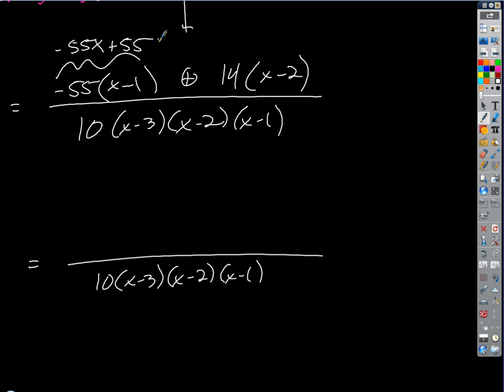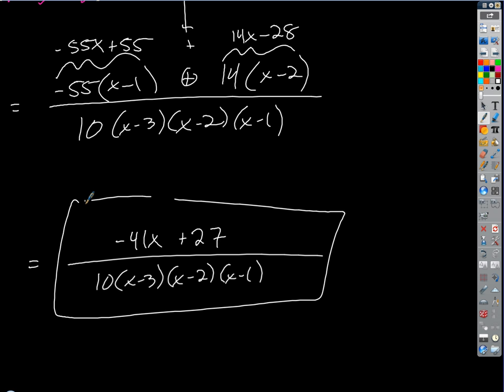If I distribute the 14, and then negative 28. So I just have to add up like terms. So negative 55x plus 14x is what? Negative 41x, good. And then 55 plus negative 28 is that? 27? Okay, so that's